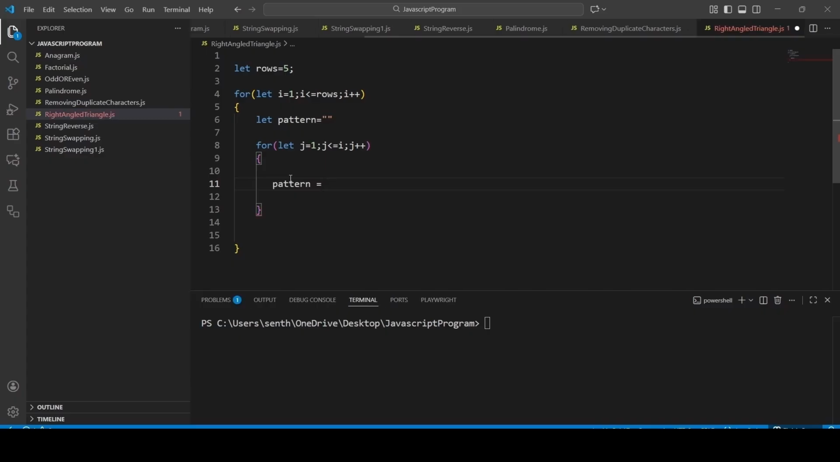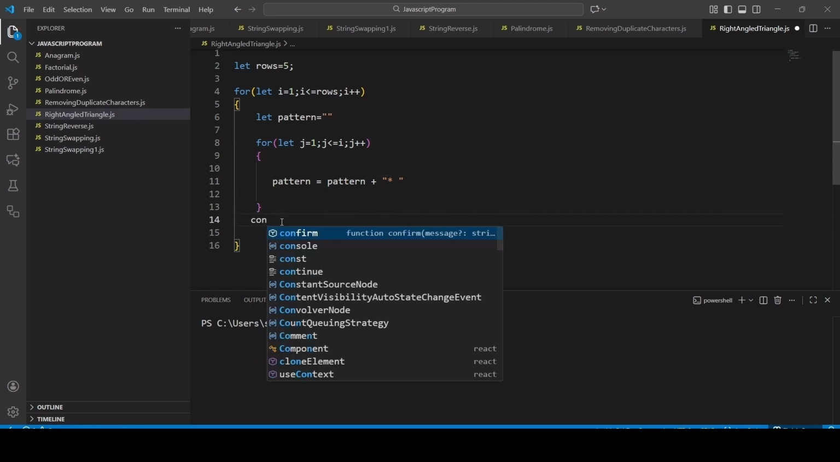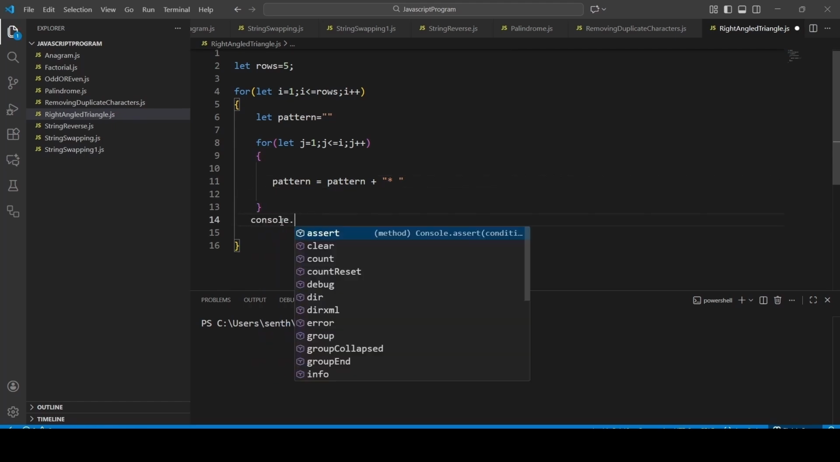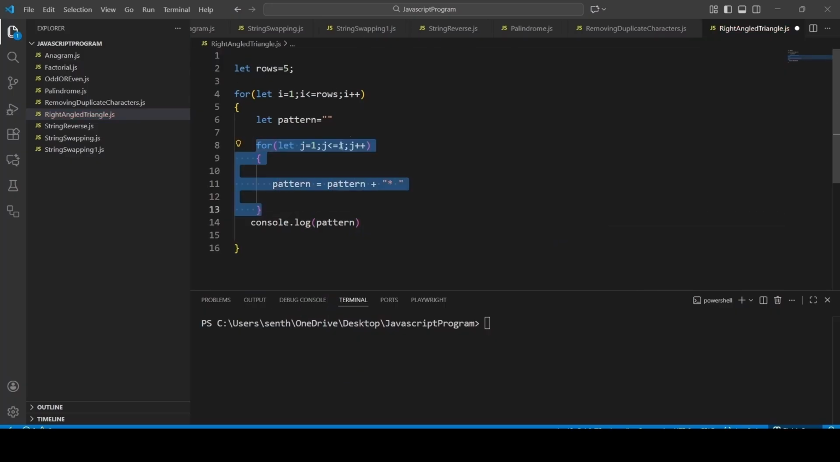Variable pattern equals pattern plus star. In each inner loop iteration the stars are getting added, then I'll print the pattern here. This is the inner for loop, this is the outer for loop. The outer for loop